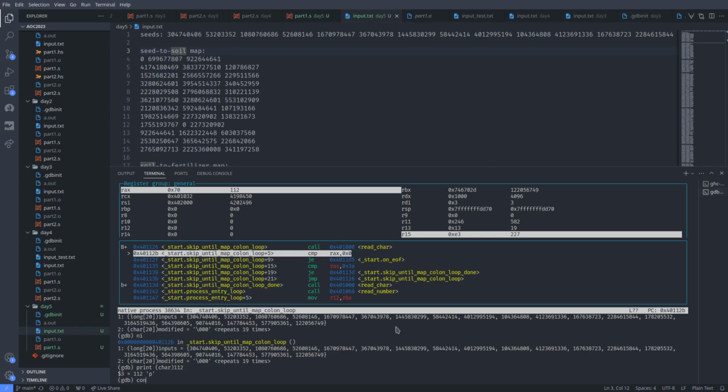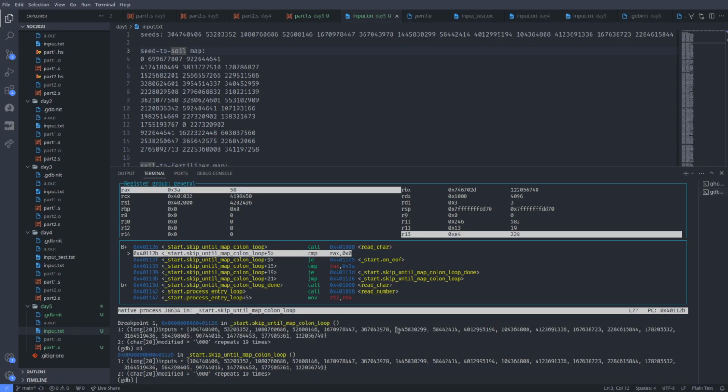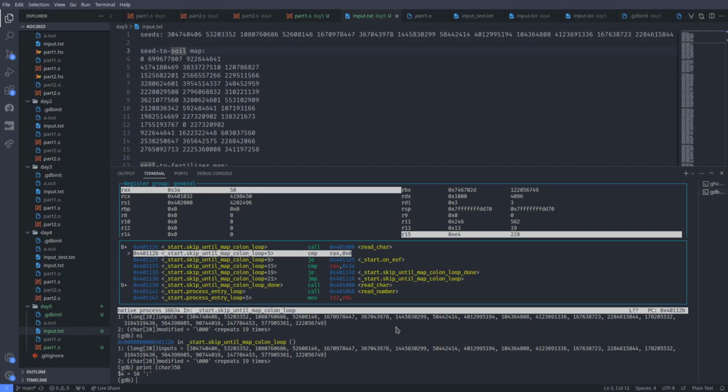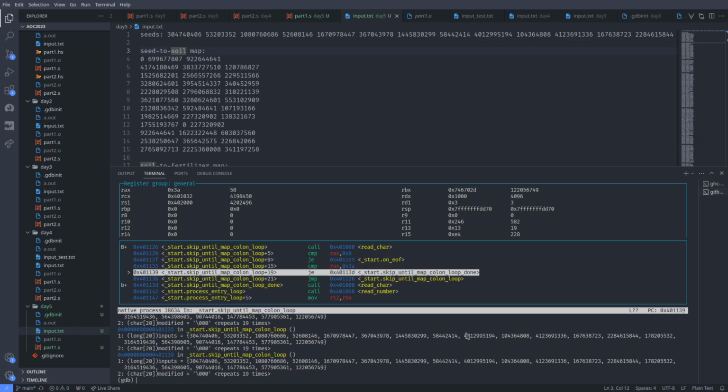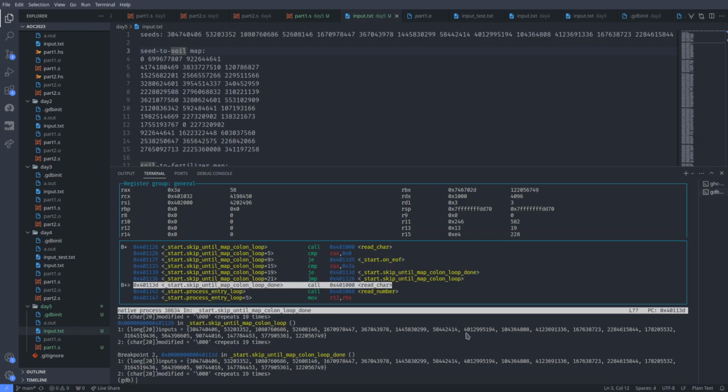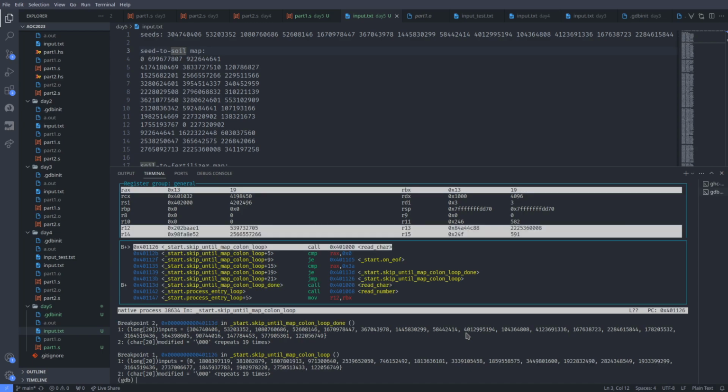So the next one should be a colon. Okay, so we're here. Now what? That's not an under 5. It is a colon, so we should jump out. Okay, yeah, so everything is going well, except